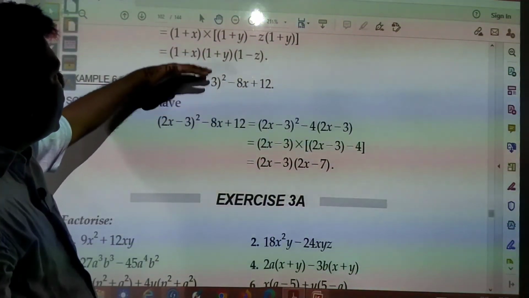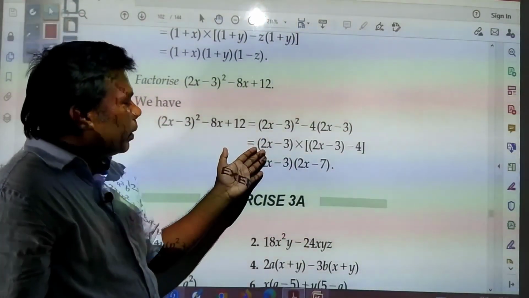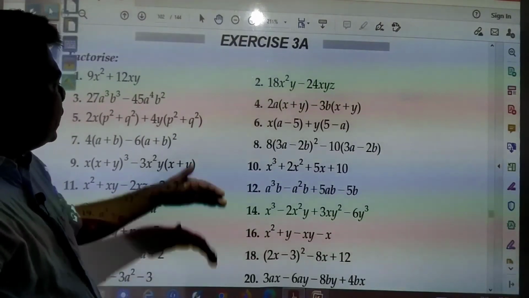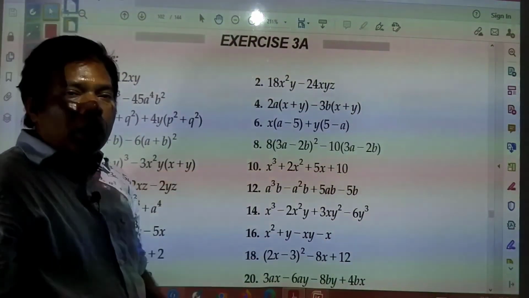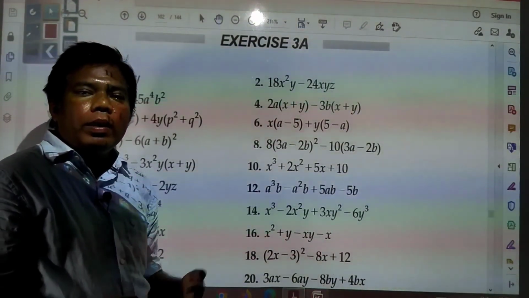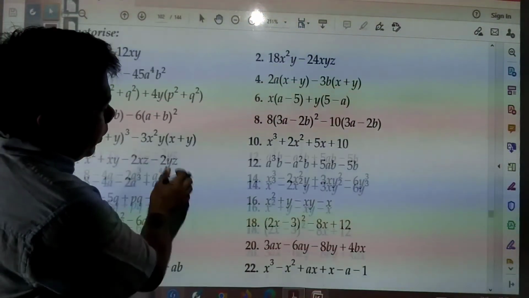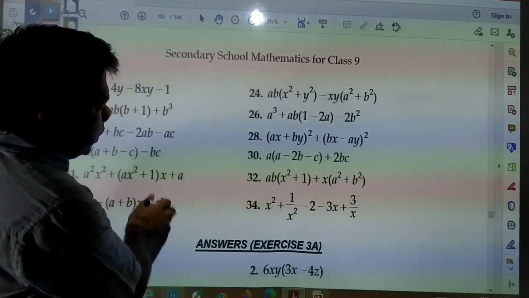So up to here each and every question you go through properly and then you start exercise 3a. And these type of questions, if you recall yourself, if you remember, in class 8 already you have done. So start doing. If difficulty will be there, in next class we will see few questions.